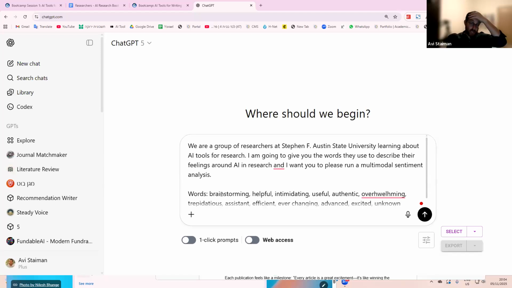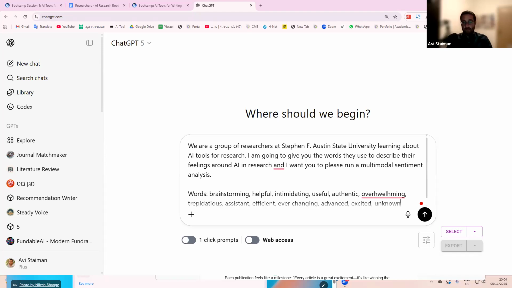So I have shared with ChatGPT that we are a group of researchers from Stephen F. Austin State University. We're learning about AI tools for research, so it's always important to give a little bit of background and a little bit of context to our request. And I told it that I'm going to give it some words that describe our feelings to check our temperature today around AI and research.